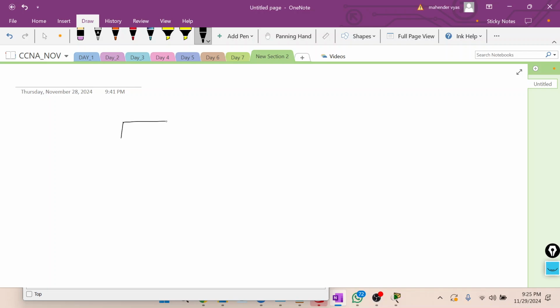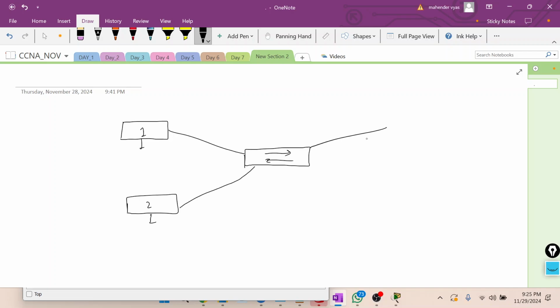This is an IT VLAN PC, this is again an IT VLAN PC, and this is a switch connected like this. Now we have the sales VLAN also here. This is a sales VLAN PC, this is also a sales VLAN PC, PC3 and PC4. Now I'll ping from PC1 to PC2.